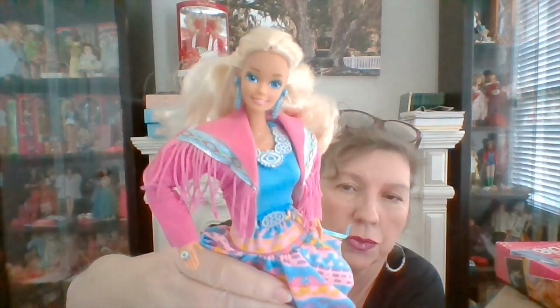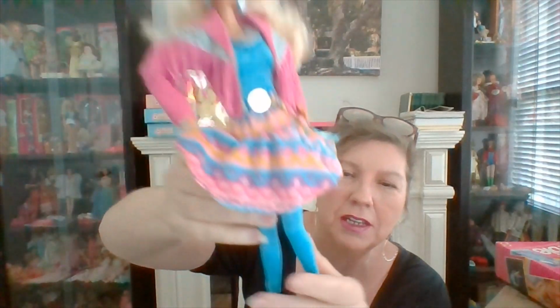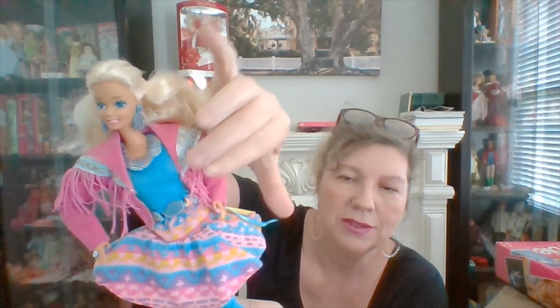And I made sure they had that in a knot, and I just did not realize. Let me tie this. Well, let me show her first. So here's the Western Barbie, 1989. She's got these blue tights. Well, I guess it's not a bodysuit. It's just like blue tights and this little short skirt. And I love the little Western tassels right here on the jacket. And she's got